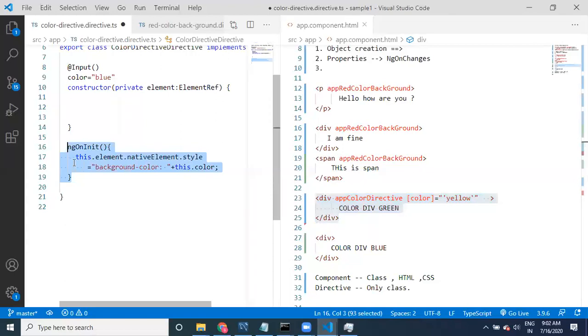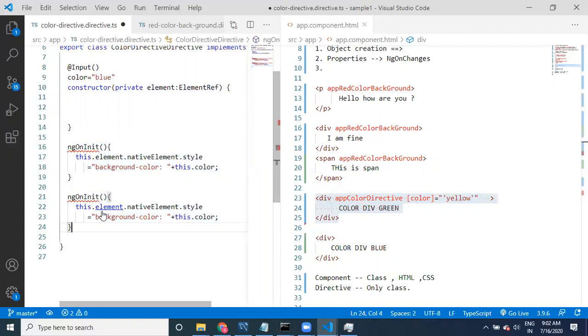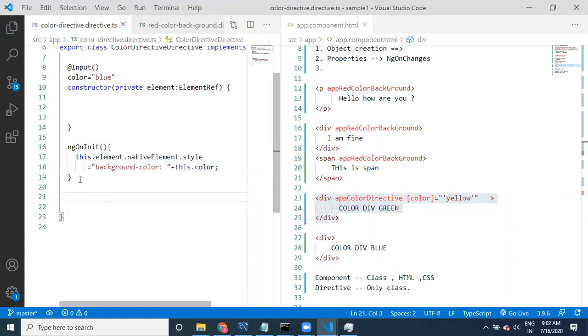ngOnInit, right? Now let us go to other things, guys. Let us provide some actions also.